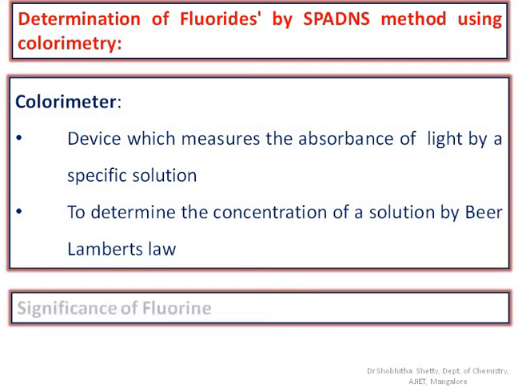Next, what is the significance of fluoride? Why do we need to analyze fluorine or fluoride ion concentration? As we know, fluorine is an important element for human beings. We know the importance of fluoride ion. It helps in growth, and it also prevents the enamel of the teeth from dissolving. Under acidic conditions there is a possibility that the enamel of the teeth gets dissolved. So for that, a required amount of fluoride content is needed.